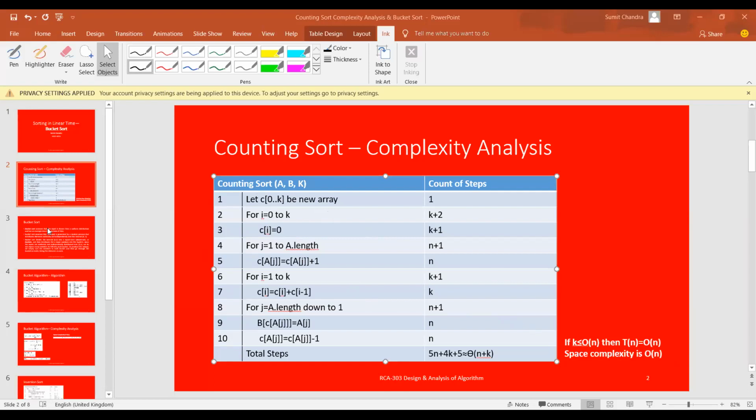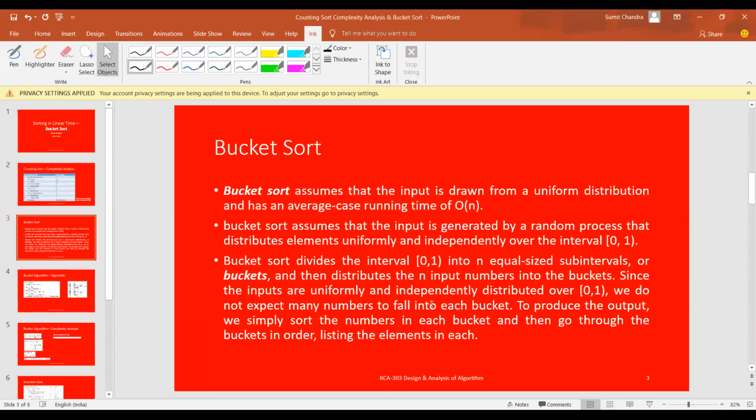Now coming to bucket sort. Bucket sort is a very simple algorithm. What it does basically, if you remember in data structures, I told you the chaining method in hashing. I don't know how many of you remember, but it uses chains, and for every chain, which is a linked list, it applies insertion sort. As per Cormen, it assumes that all the values are between 0 and 1, where 0 is included and 1 is exclusive. So every value is less than 1.